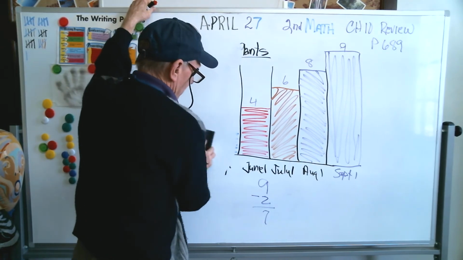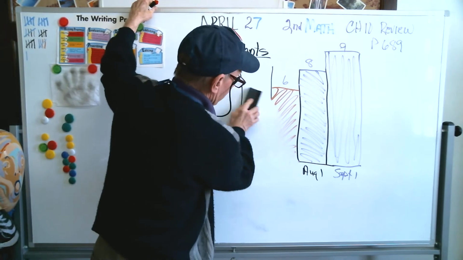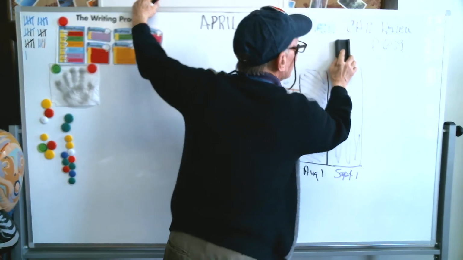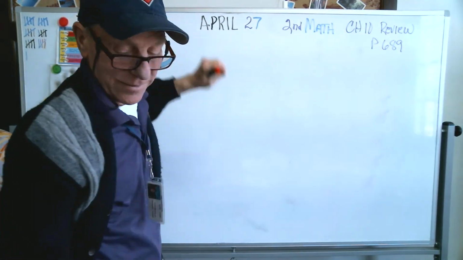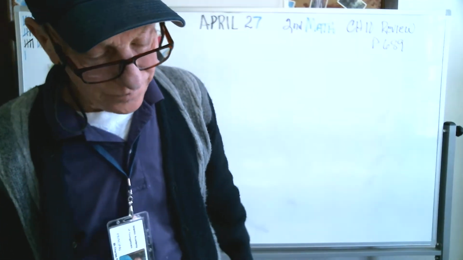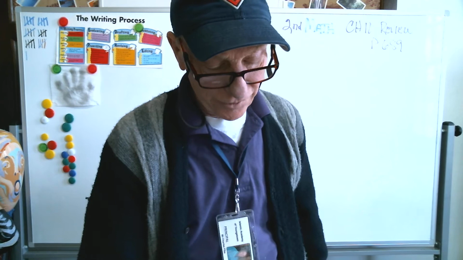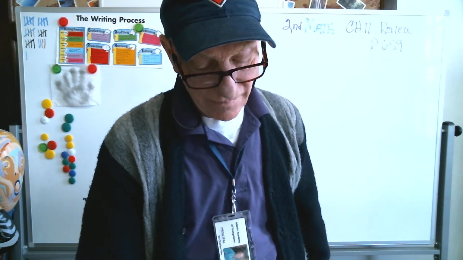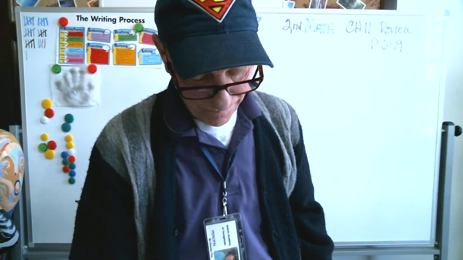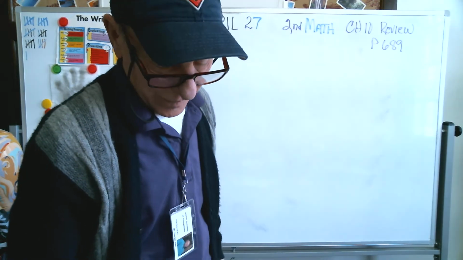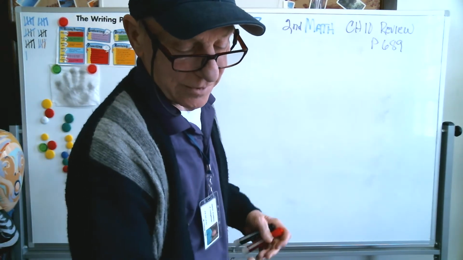All right, that's a bar graph. Very easy to understand. I'm sure you all have figured out how to do that. Let's move on. Now we got a tally chart. Use this tally chart to complete the picture graph. Draw a smiley face for each child. So we're taking the tally from one chart and we're turning it into a picture graph. So if we're going to do that, on page 691, problem number 6, tag